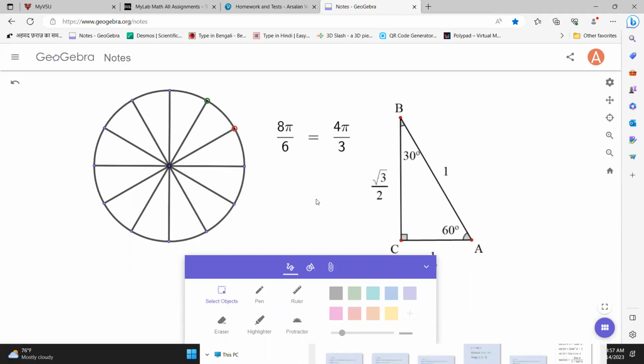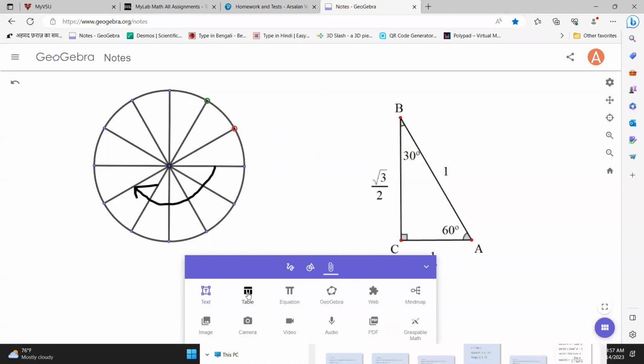Okay, so how about this? I start here, and let's do one that's negative. Remember, we keep saying if we go clockwise from here, how far did I go? What angle are we talking about? Since it's clockwise, everything will be negative, and I'm going to say 1, 2, 3, 4, 5. So it's going to be 5